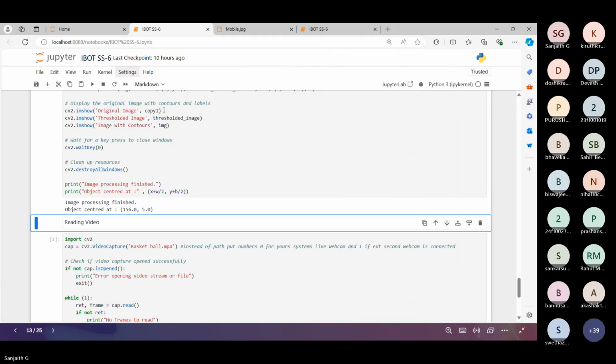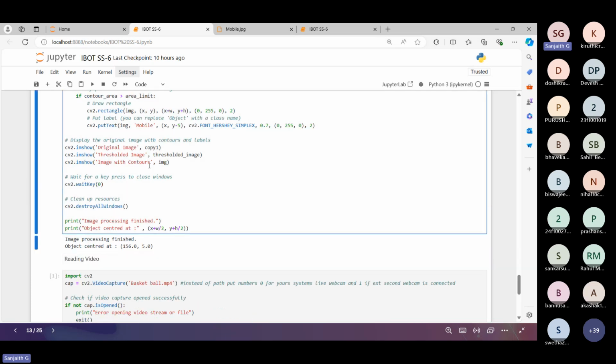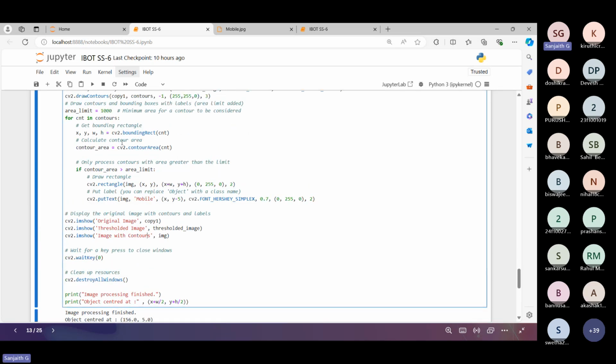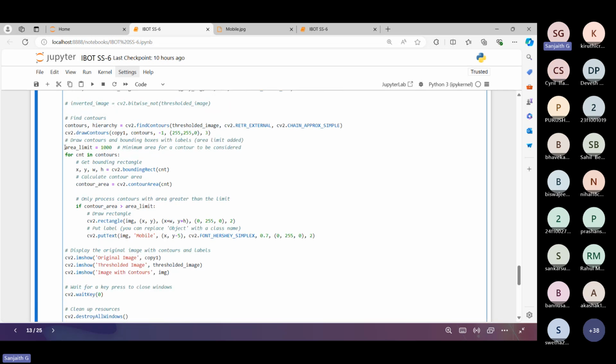For specifying the area, what I'm doing is I'm just giving the contour area limit to be 1000 pixel square. So here you can see we'll be drawing the bounding rectangles with the contours you have detected. I'm just drawing the bounding rectangle first. Bounding rectangle in the sense like,